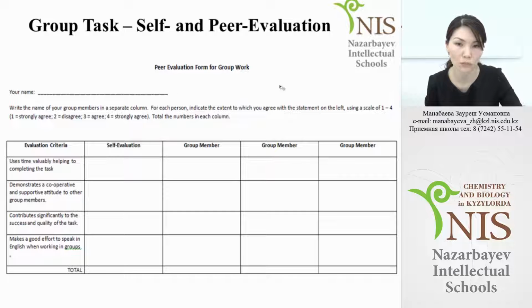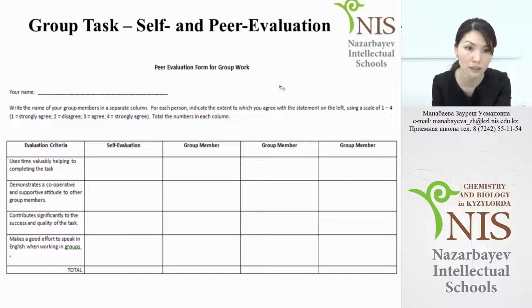to solve this problem is to add, at the end of the lesson or the session, a group task where they self-assess themselves or peer evaluate. So I have added this kind of criteria. Time is very important, so the students must be able to use time valuably, helping to complete the task, demonstrate a cooperative and supportive attitude to other group members, contribute significantly to the success and quality of the